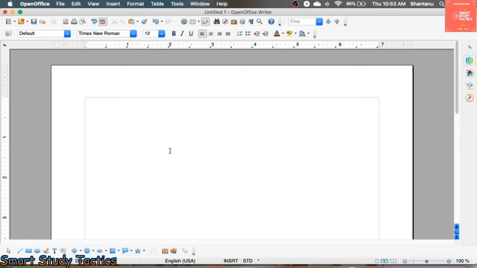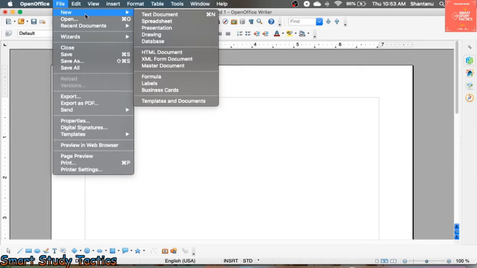Now as you can see on the top, file, edit, view, insert, format, table, tools, so many options are available. When you click on file, the drop down menu is going to appear. As you can see here, new means you can create a new document, but make sure new provides so many other things also: spreadsheet, presentation, drawing, database. This is the advantage of this OpenOffice. If I am working on OpenOffice Writer and want to jump to the spreadsheet, I can directly jump from here. Similarly, you can directly jump to the presentation, drawing, and database. So like that it is providing.